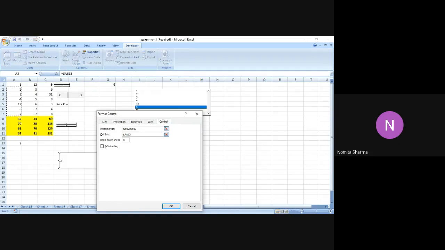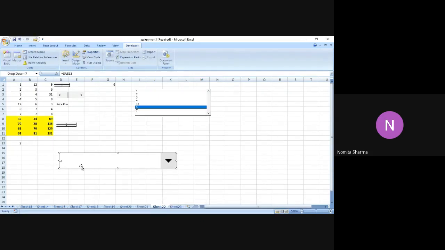If I go here, I can make this as 1, and then this will change to that number. So if I now click on this and select 1, that value will change to the first position. Similarly, if I change this to 7, this will change to the 7th position. If I change this to 12, it will show me the 5th position of this particular value.